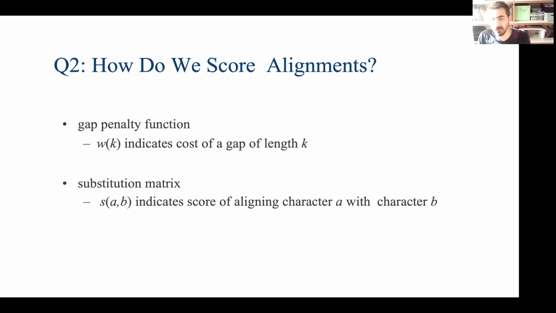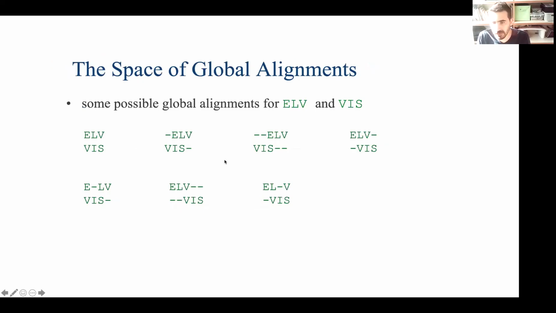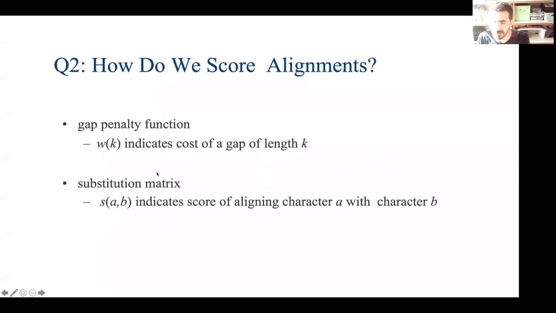And the second thing that you need is a substitution matrix. So what does it mean? It means what is the likelihood of aligning E and S versus E and I versus E and V, right? Or V versus V. So you have to have a substitution matrix to be able to tell the likelihood of this pairwise sequence alignment. So it means that we need to have two important elements in scoring the alignment.